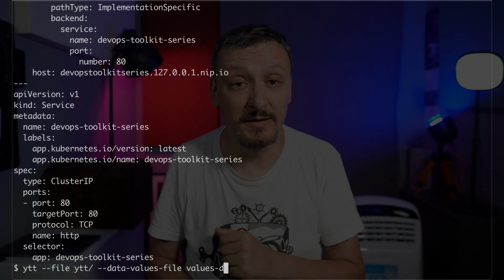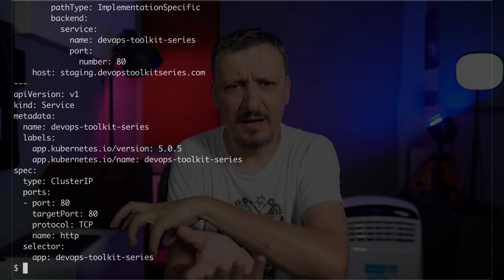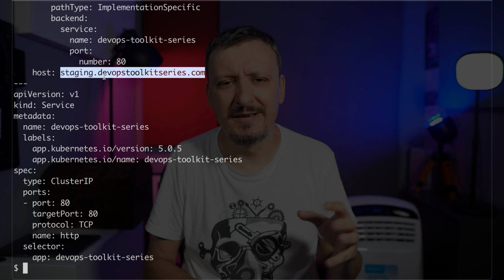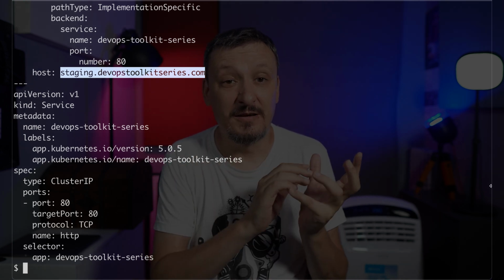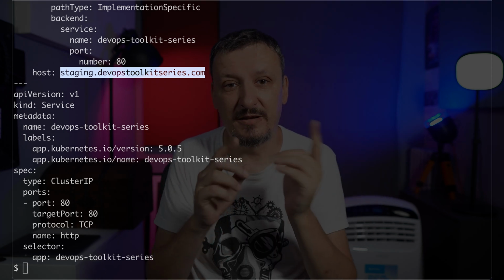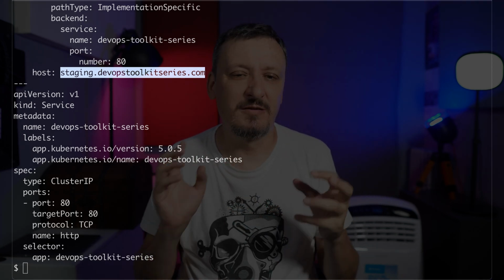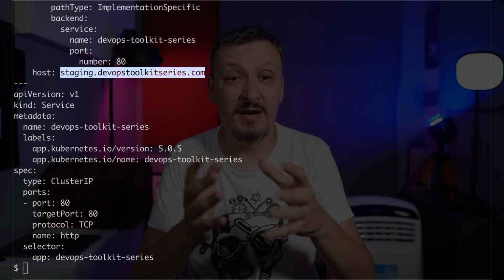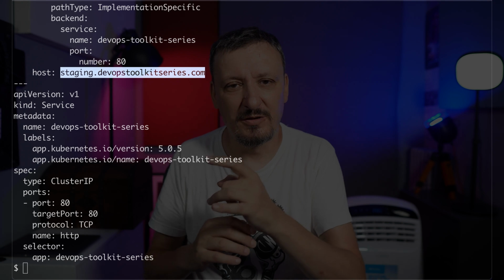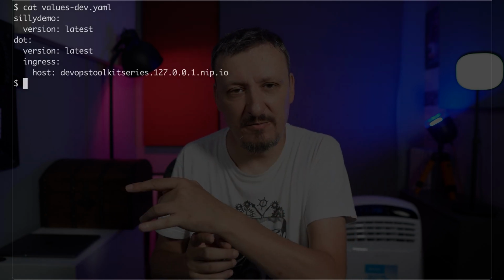application while developing it. And I can generate another set of files for, let's say, staging that is going to have some other variations. Like in this case, the host is going to be staging.devopstoolkitseries.com because staging is supposed to be a permanent real environment with real DNSs, but still shouldn't have the same domain, same host as production. So let me output values-dev.yaml,